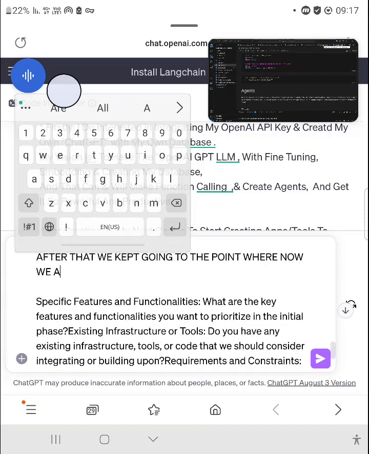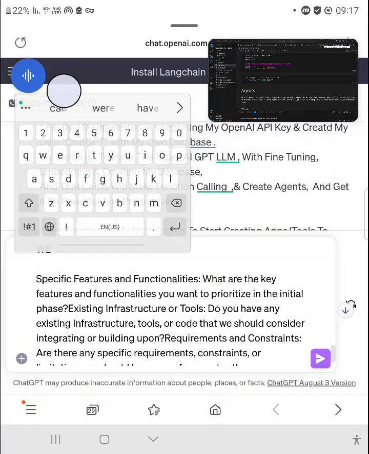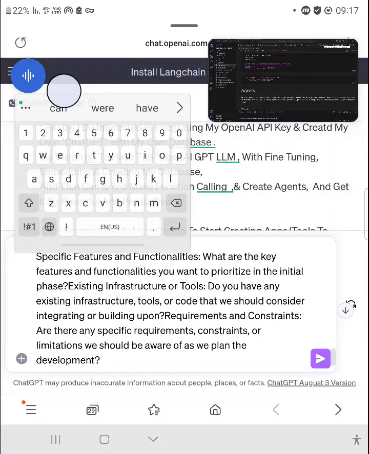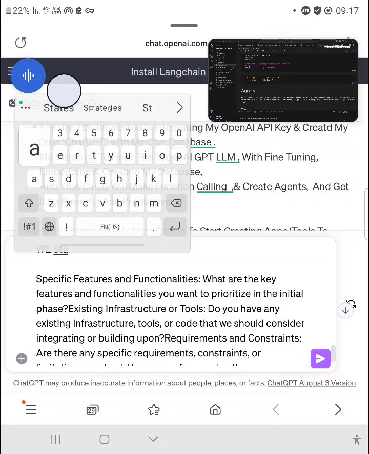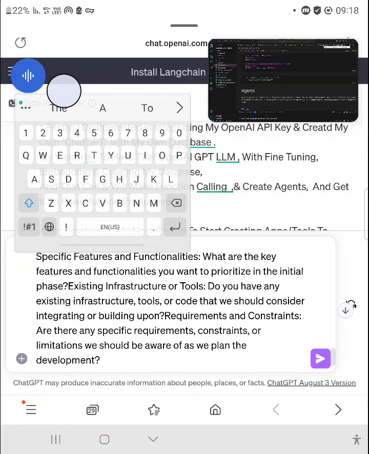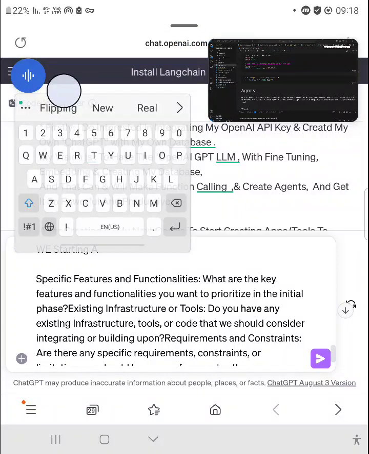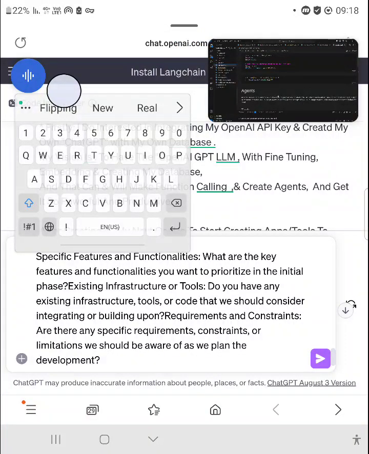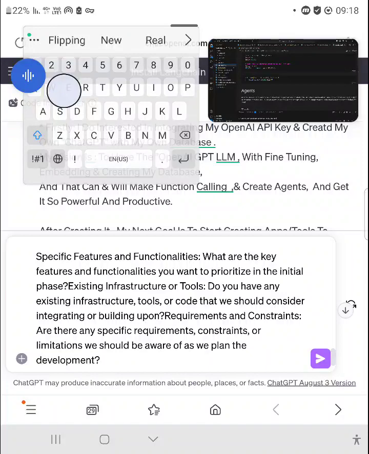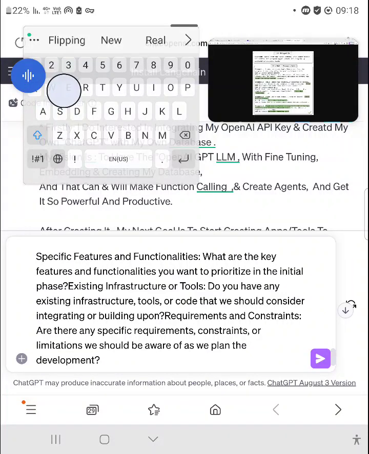After taking a look at indexes, we now take a look at agents. Agents use an LLM to determine which actions to perform and in what order. An action can be either using a tool and observing its output or returning it to the user. To use an agent, in addition to the concept of how an LLM chain works, it is important to understand a new concept, and that is the concept of a tool. But before going into the coding concepts, we'll also learn another concept, and this is the concept of the prompt